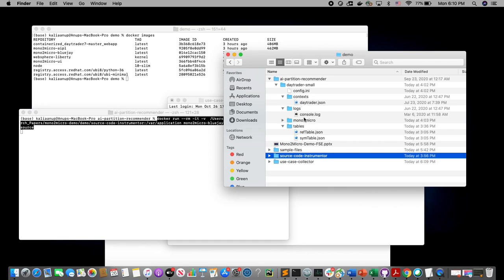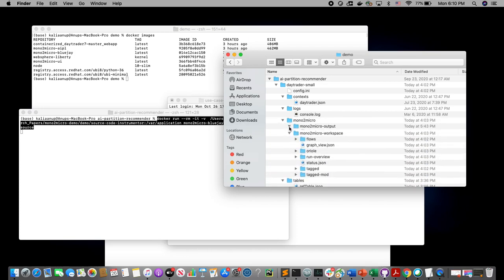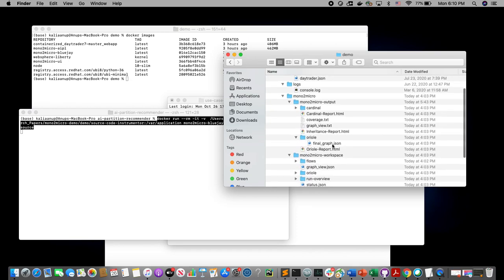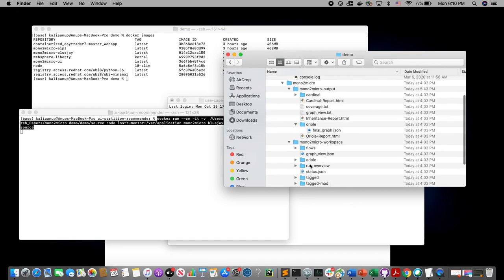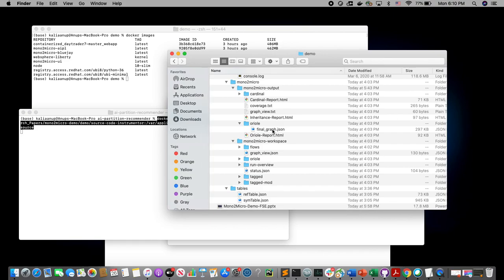Under the context folder, we provide console.logs, which has all the runtime traces, and then we provide the symbol table and reference table. Once it runs, it generates a mono2micro folder in which we have the mono2micro output that has the graph or the partition recommendation, along with the workspace with some intermediate files that will be useful for users to understand how their partitions are generated.